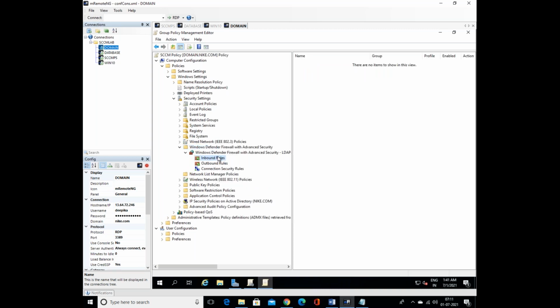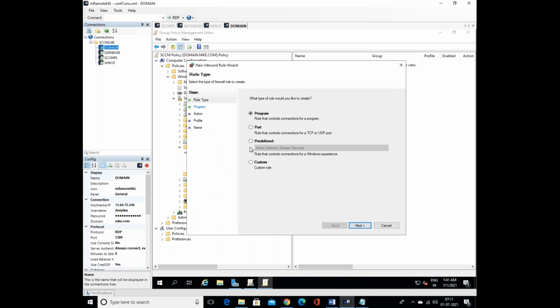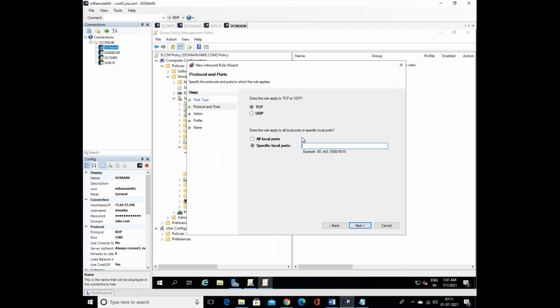Whatever you define here in inbound, it is going to open all the inbound ports in the computers. If you define anything in outbound, then it will open those ports in all the machines. So I'm going to define the inbound first, right click and new rule. And we need to choose port, okay, and next. Here we will have to define what ports you would like to open,